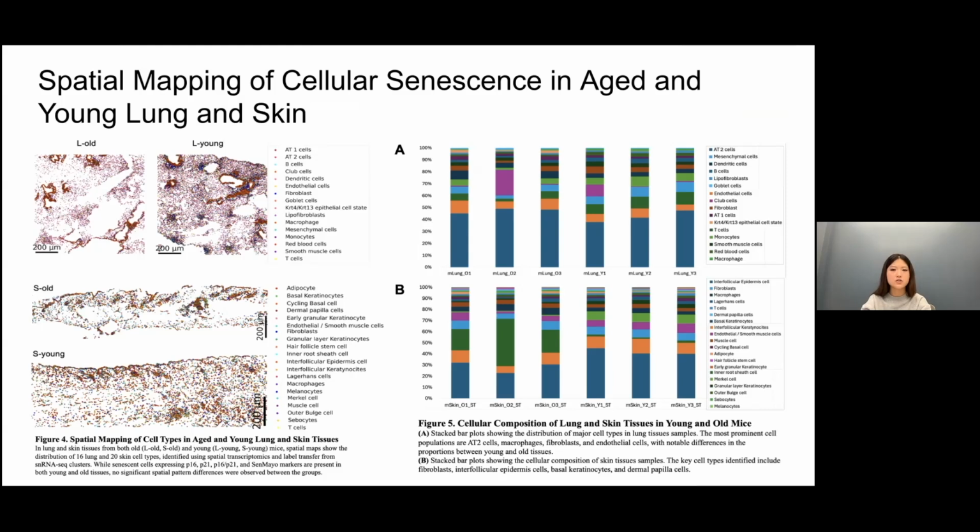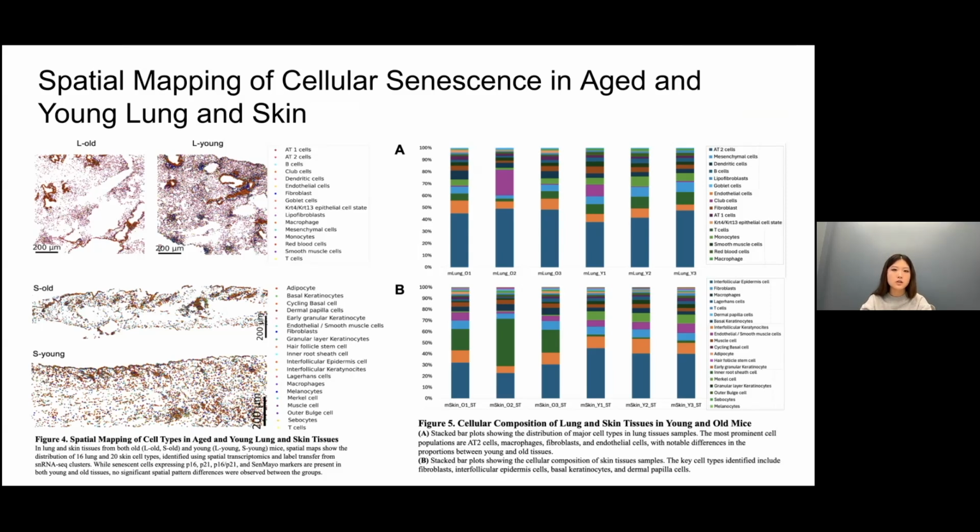Similarly, in the skin tissues, we mapped 20 cell types, including basal keratinocytes, fibroblasts, hair follicle stem cells, and macrophages. And once again, senescent markers were present, but no significant spatial pattern differences were found. And for the cellular composition of the lung and skin sample, Figure 5 shows the stacked bar plot that shows